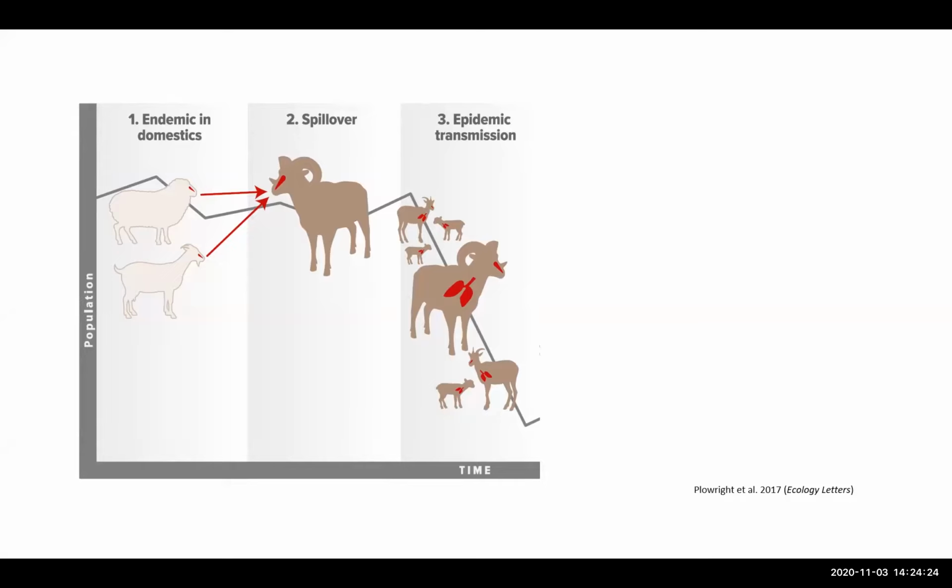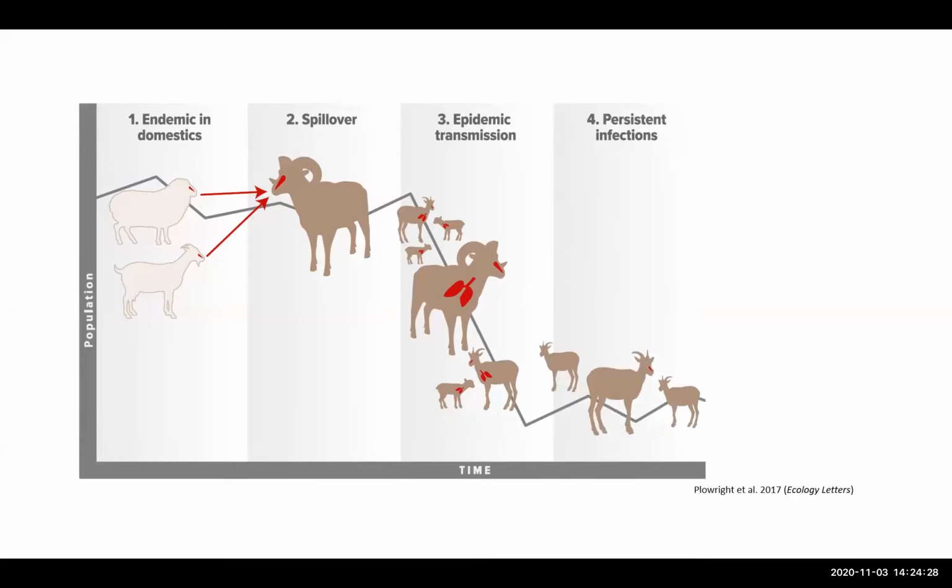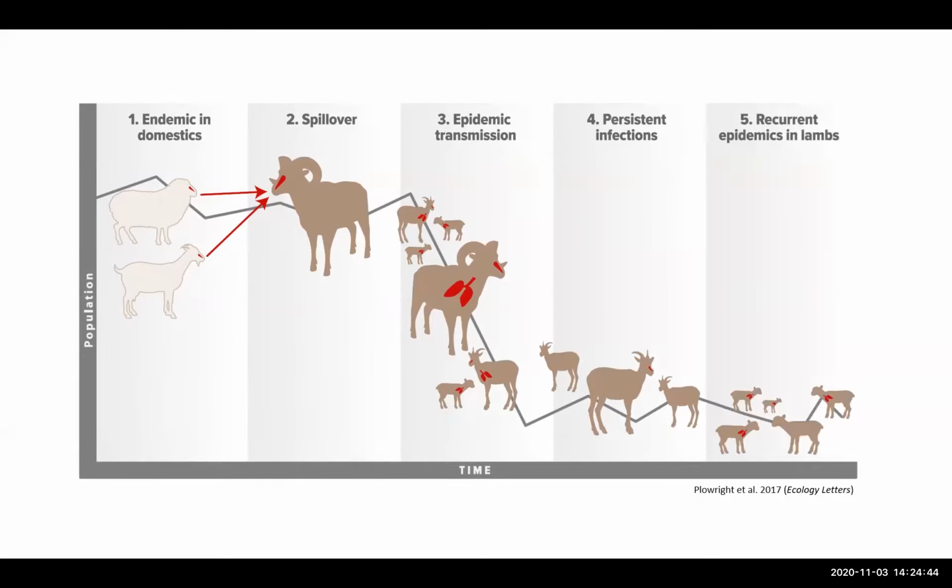We understand a little less about what's happening after this initial die-off. Frequently, we're seeing that the surviving sheep recover from disease, but we still have these carrier ewes in the population that are harboring MOV asymptomatically in the upper respiratory tract. This becomes problematic when lambs are born into the population, as they're still susceptible to MOV. And we start seeing these high lamb mortality rates in excess of 80%. And this can persist in these populations for several years following that initial die-off, preventing them from recovering.